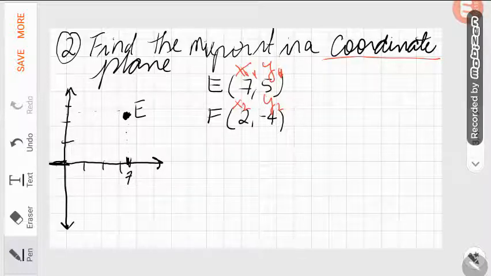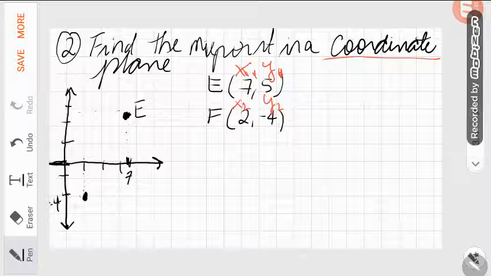Let's use the coordinates of point F to locate it. It says X is 2. It'll be 2, so it'll be somewhere around here. And then we have minus 4. Counting 2 by 2, it'll be 2, 4. So here will be minus 4. Minus 4 right there. So then we're going to have that these 2 points will be meeting between here and